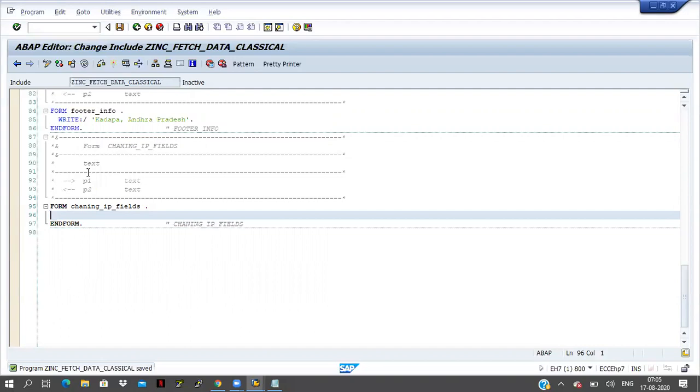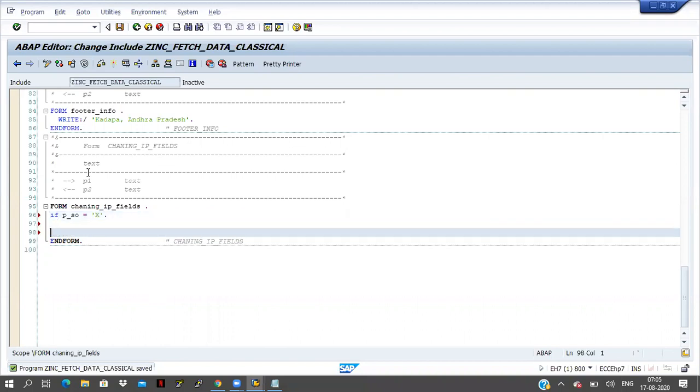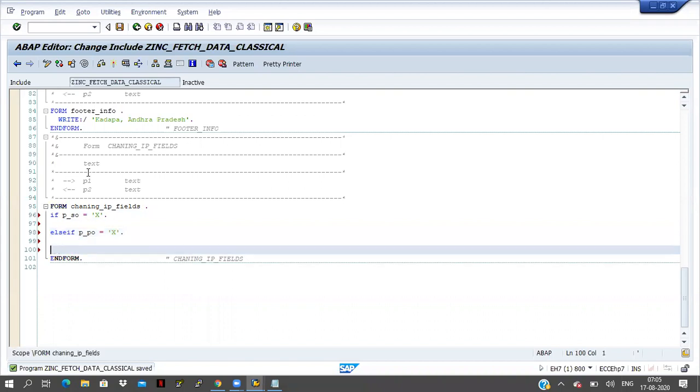Now I will take which radio button I have selected, I don't know exactly, right? So I am writing like this. If condition I am taking, if p underscore so equal to x, means if we select the sales order, then what we have to do? Else if p underscore PO equal to x. If we selected the purchase order radio button, then what will happen?